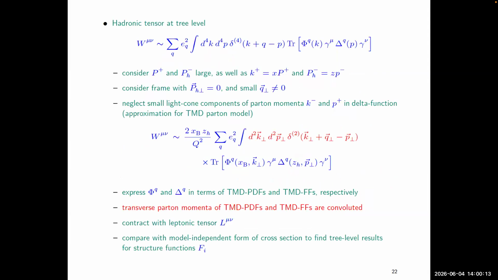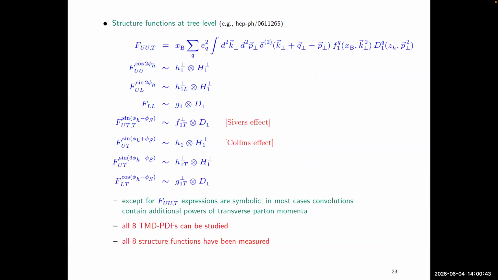And I will skip this here, but again, you have this slide. It tries to summarize which approximations you have to make to get what people call the TMD parton model, similar to what we do for the ordinary PDFs. If you look at this on the slides and you have any questions, you can definitely contact me. I just want to save a little bit of time and right away go to the results for